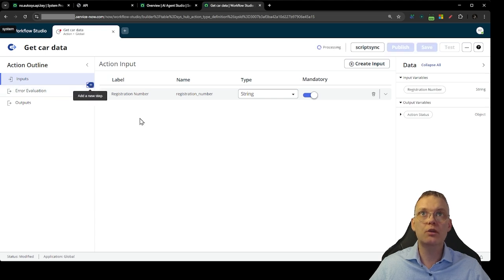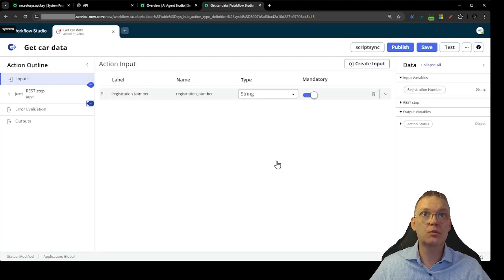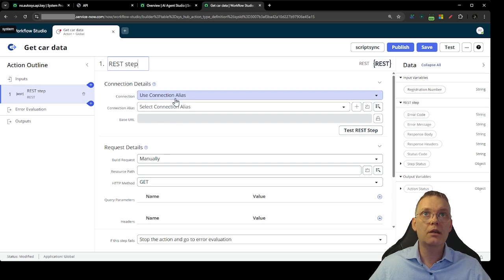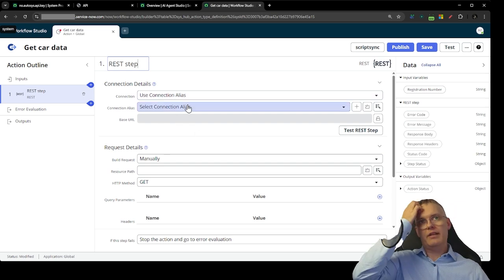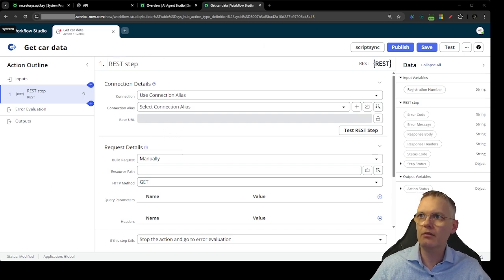All right, let's do a REST call. Right, so we need to add a REST step, and this one doesn't actually take credentials. So you need to just get an API key, and I have that already, and I place that in my system properties. And as long as I have that, I can make about 50 calls to this API every hour. So let's try that. I need to find the URL. Didn't I write that down? I think